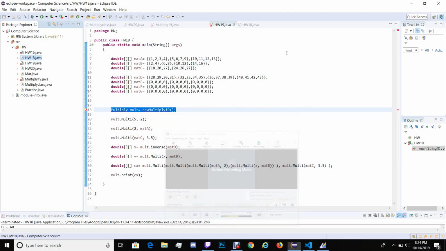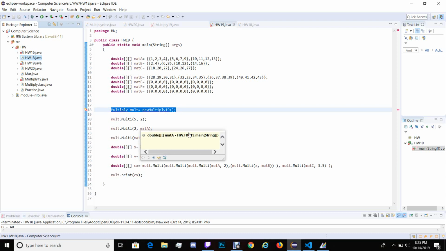Okay, so for this one, 1.9, we're again working with some matrices. We have mat A, D, and C, all with values, and we have mat D with values. And basically, the whole premise of this one is just going through various simple functions, but the catch is that